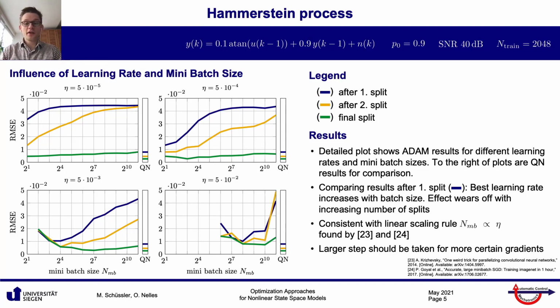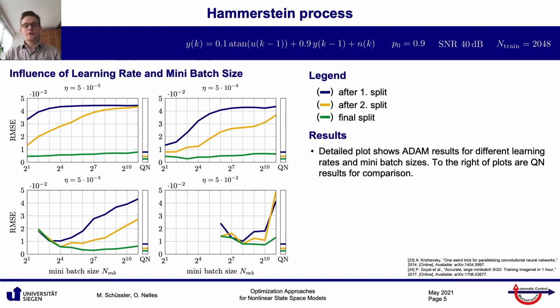In a first study, we investigated a first-order Hammerstein process, which can be seen in the blue bar on the top. All shown root mean square error values are simulation errors. To the left are 4 plots which indicate with the different colors different stages of our LMSSN model training when more and more local models are added for increased complexity. And those are shown in the larger plots for models trained with ADAM, plotted for different mini-batch sizes on the x-axis, and 4 different plots show the results for different base learning rates. The small strips on the right side of the 4 plots show the quasi-Newton optimizer results.